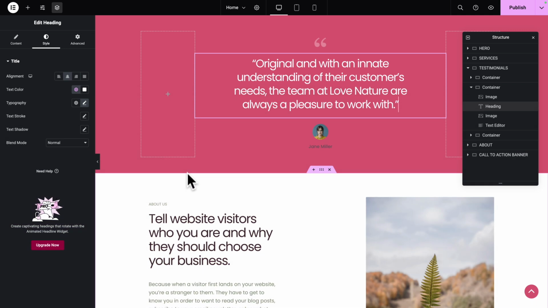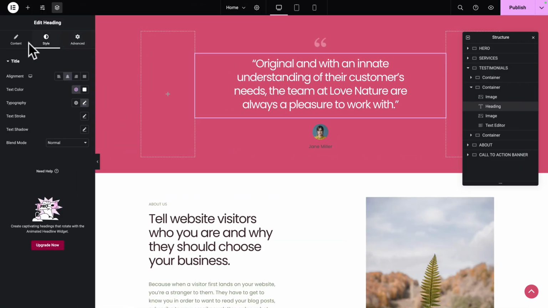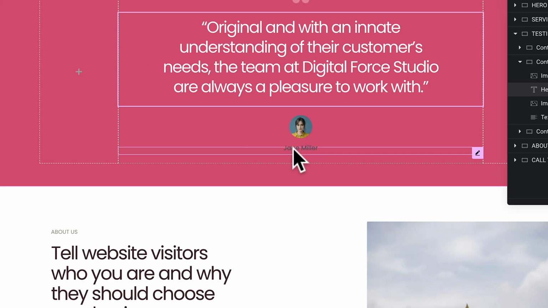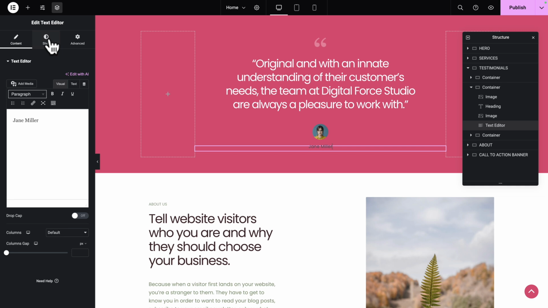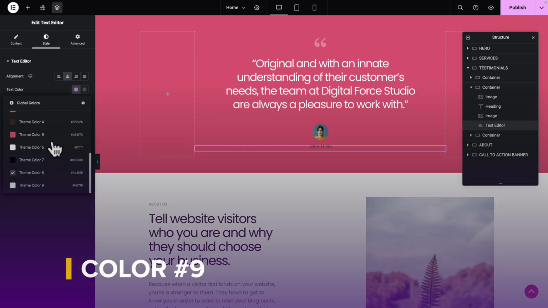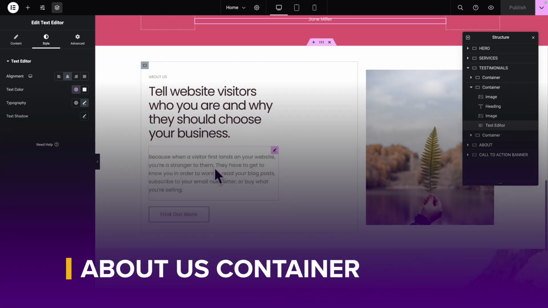Now let's go back to our project text file. Let's select our text, copy, and back with our heading selected, go to the content tab, and let's replace the original text. Next, you want to click on the text just below the photo, then go to the style tab, and where you see text color, we're going to pick color number 9. Great. So as usual, let's click on publish to save our work, and let's move on to the about us